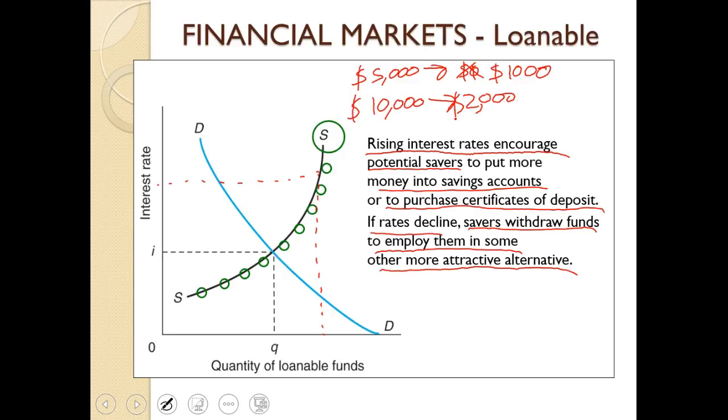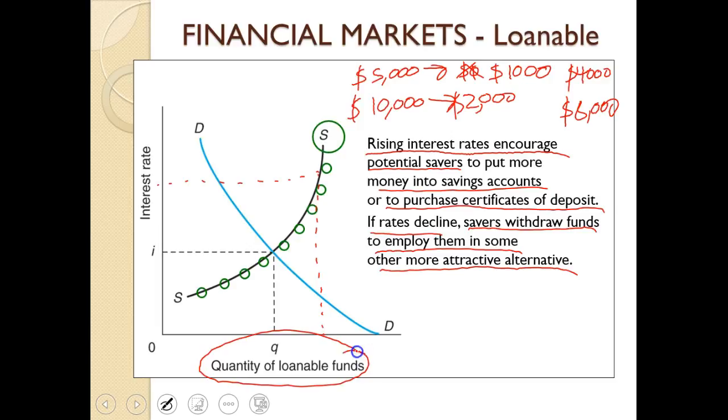Here, they had a loanable amount of $4,000, and now they have a loanable amount of $8,000. So what's going on here? As the interest rates are rising, more people place their money into savings accounts and certificates of deposit,